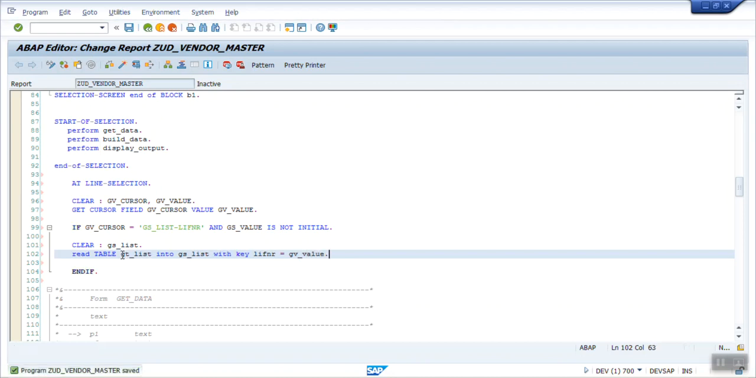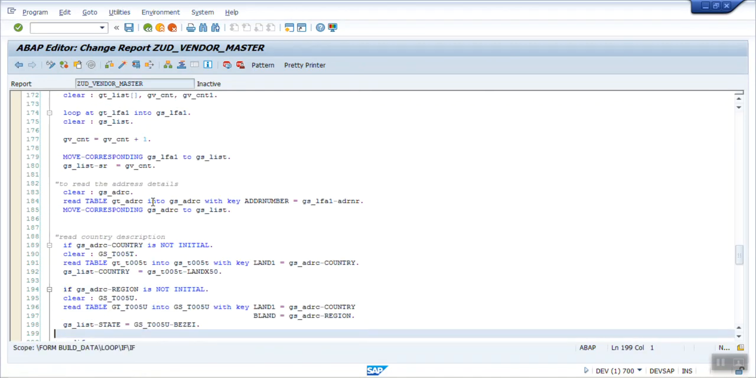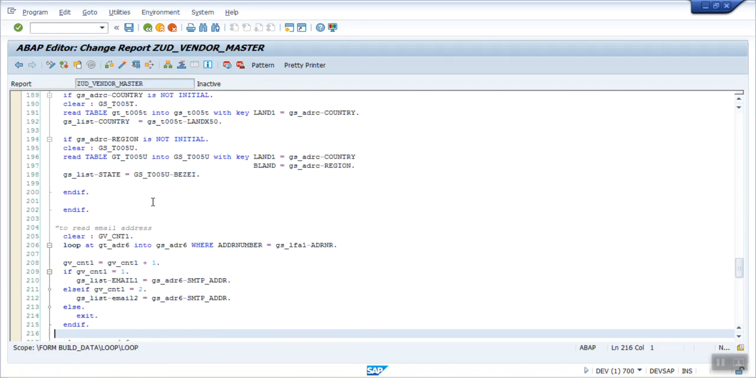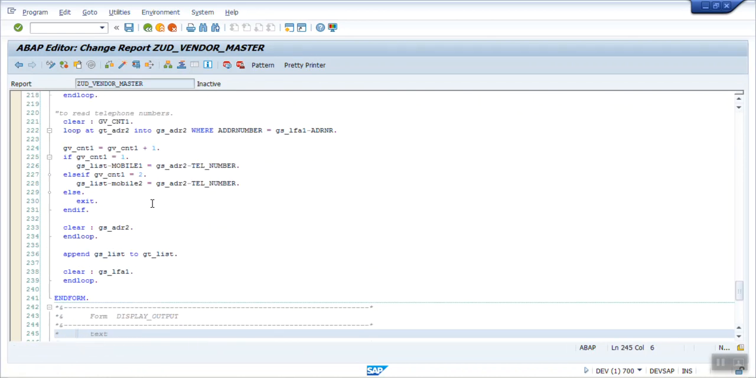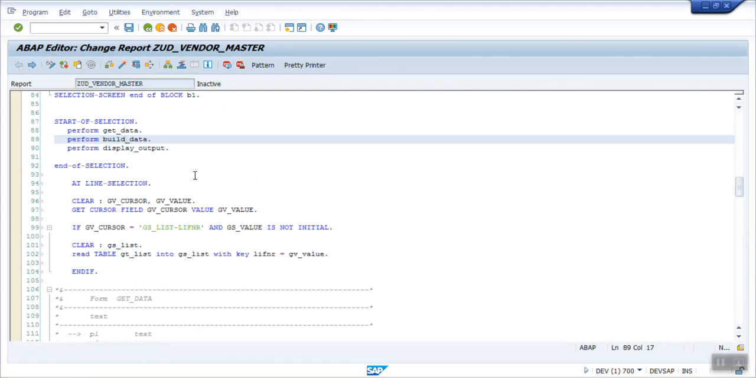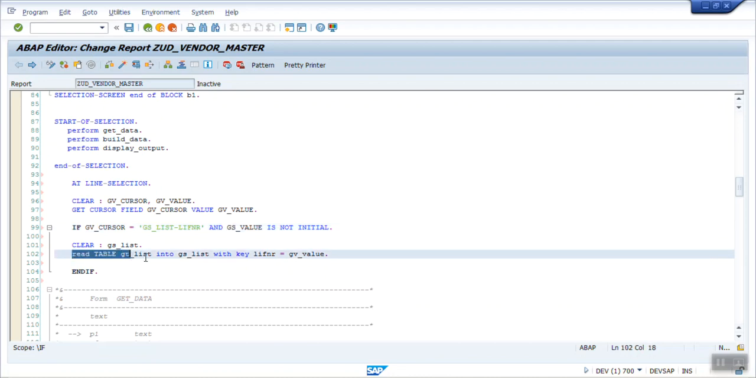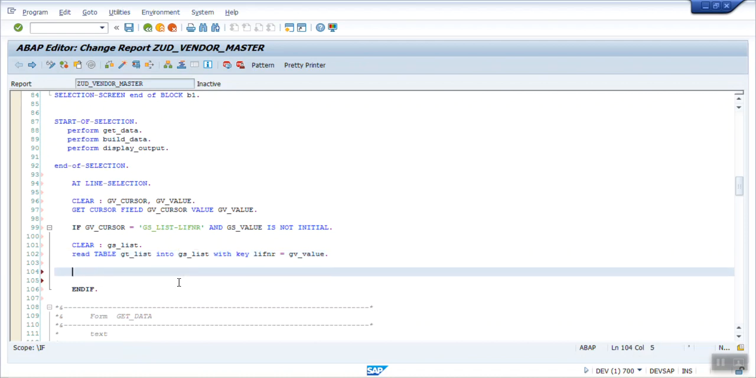Here our gt_list is the main internal table in which we have all the records. So based on the vendor ID on which the user has clicked, we are reading that table into the work area. Okay, and now simply we will write